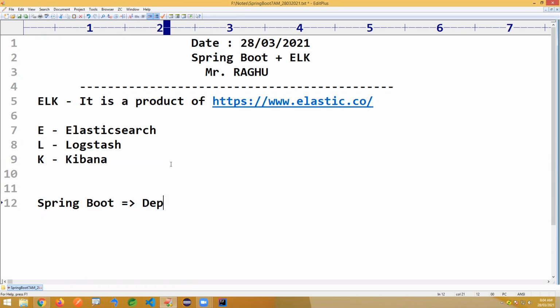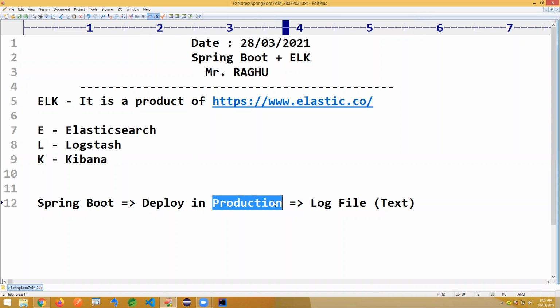Once you deploy in production, any success messages, failures, warnings, or anything you want to observe, everything is placed in a log file.